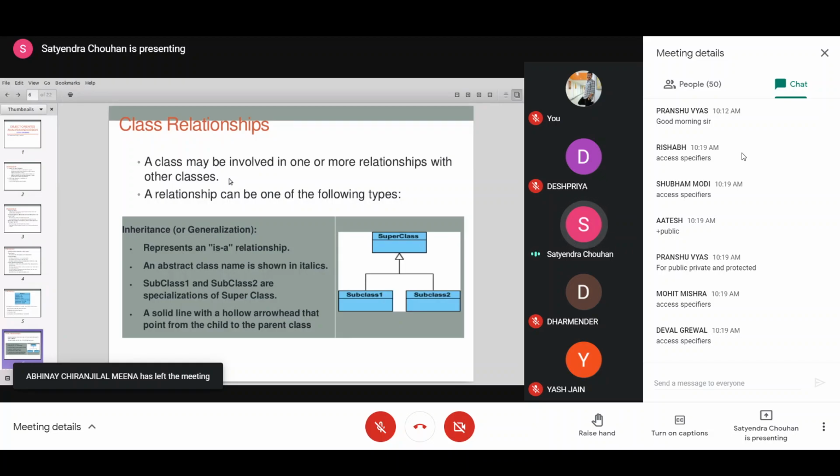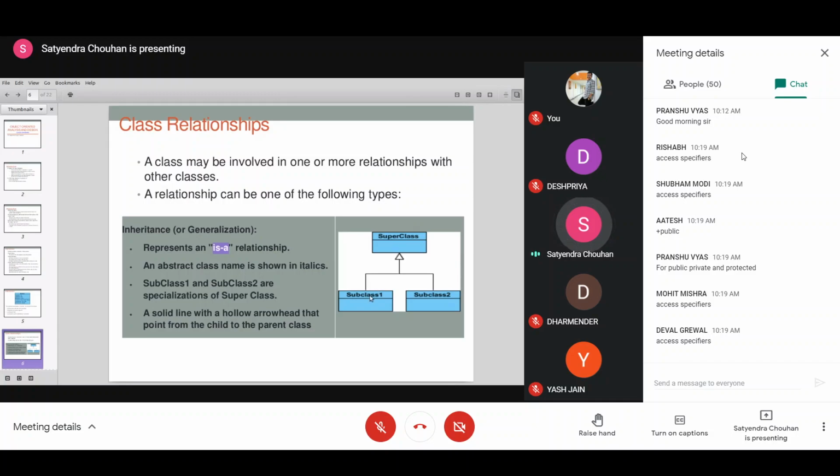Normally, a class may be involved in one or more relationships with other classes. One of the basic examples of a relationship is the is-a relationship. The is-a relationship normally comes when a class extends another class using the inheritance concept. To represent this, you draw in a class diagram something like this.